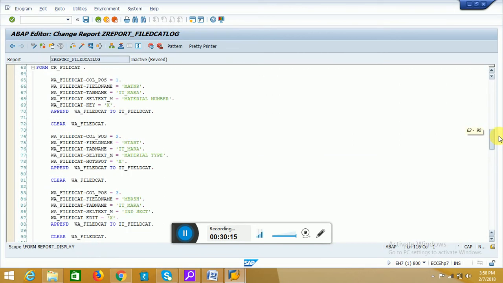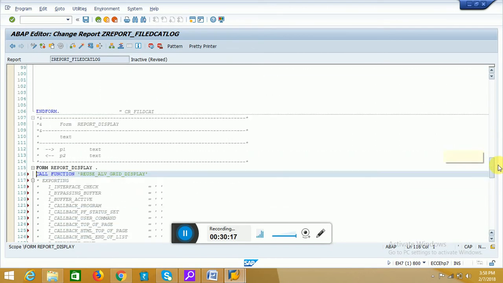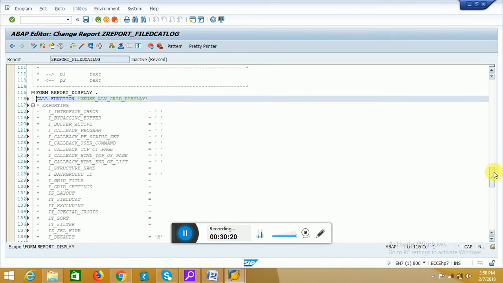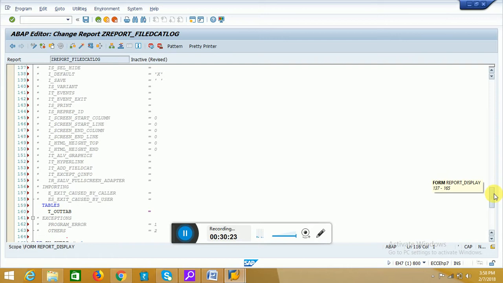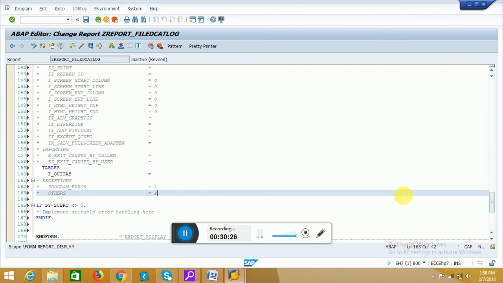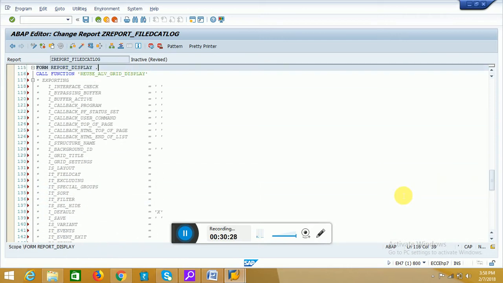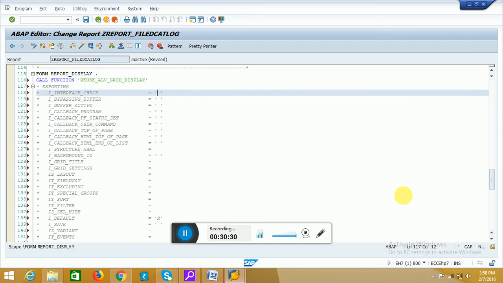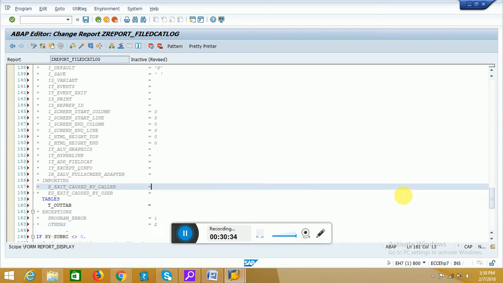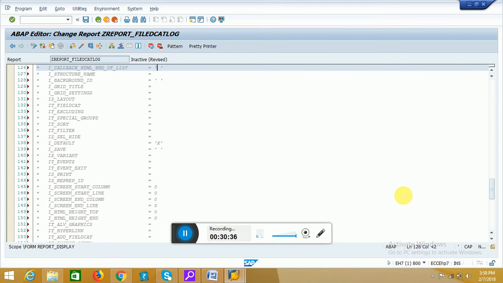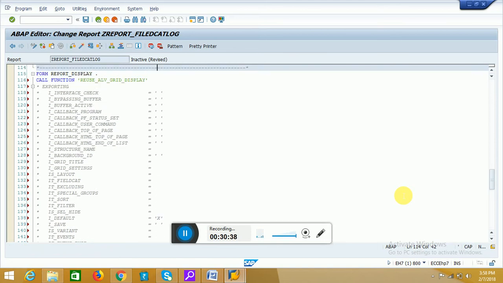Then we can see the REUSE_ALV_LIST_DISPLAY function module. I think all of the people know about that reuse ALV display, so there is no need to specify anything particularly about this one. Okay, here the main thing is